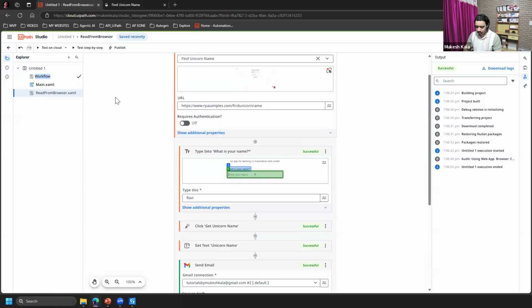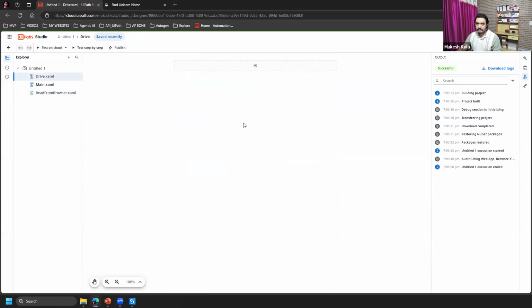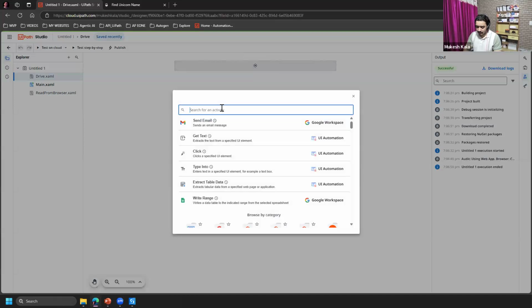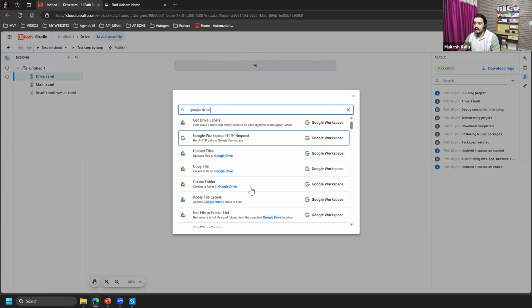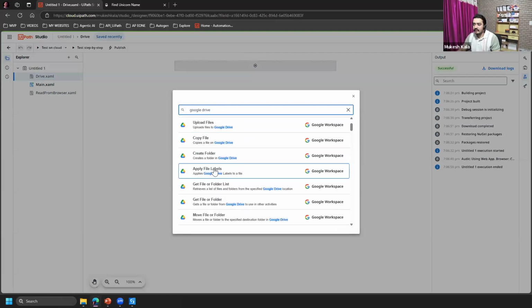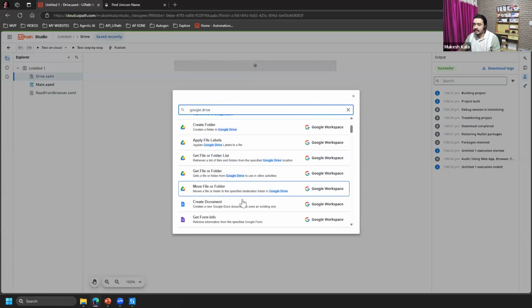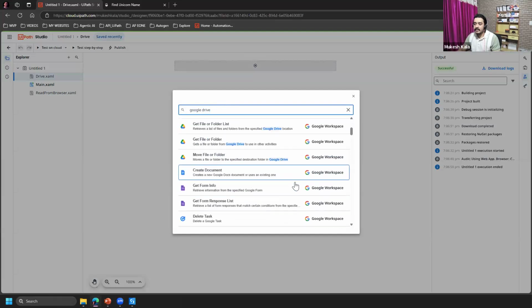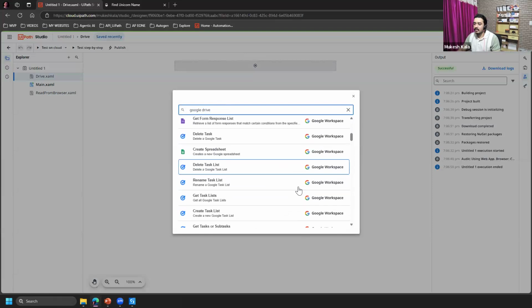I just wanted to show you how easy it is to work with Drive and what benefits you get. So I can add an activity and say Google Drive, and you see all the things you are getting: copy file, create a folder, get file and folder, read this, create spreadsheet into Google, all these things.